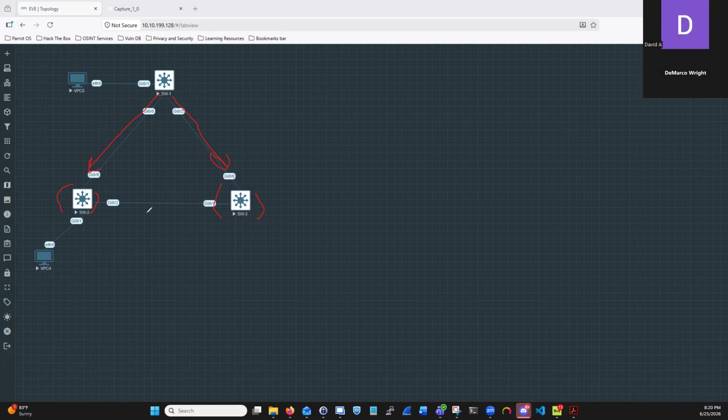This switch, switch 2, is then going to say, I'm going to forward that hello out of all of my designated ports. Boom. Because in this topology that we looked at before, this port is blocked. As you can tell, this is going to happen every 2 seconds